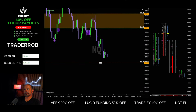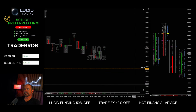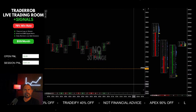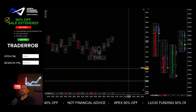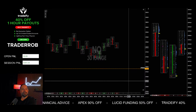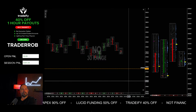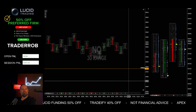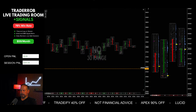Oof. And that's a 70-something point trade there. I don't think the Bulls have that in the bag. Everything else is balanced out. Anything on the headlines or anything to...